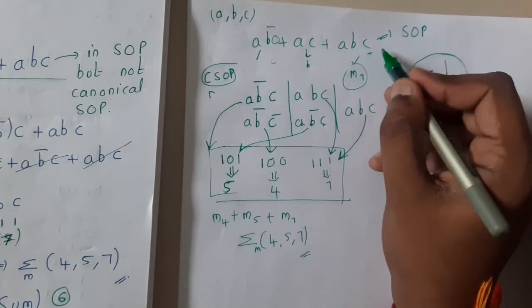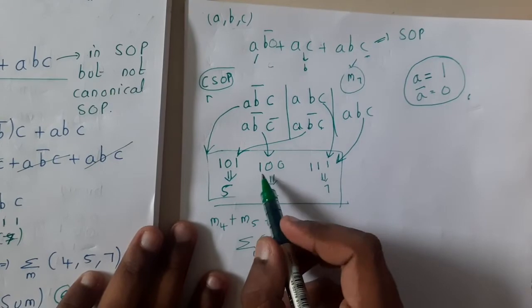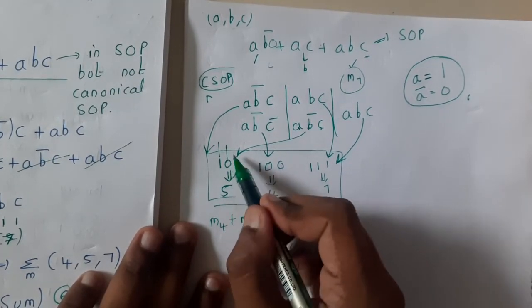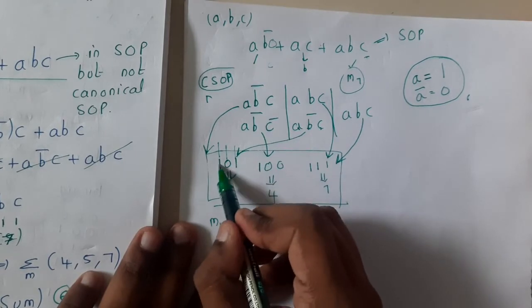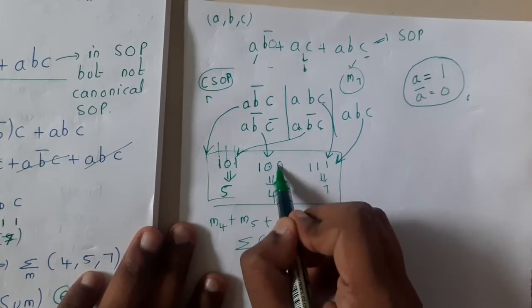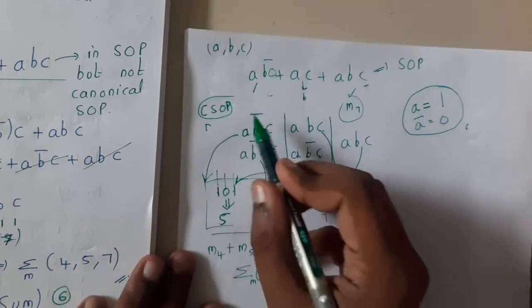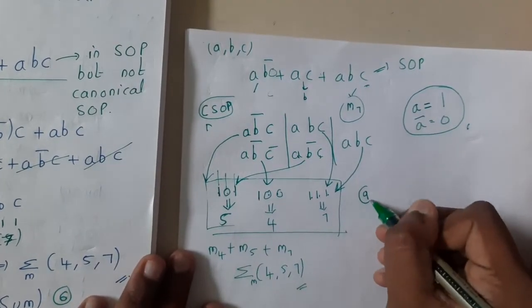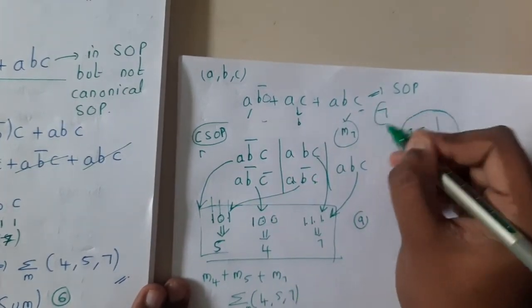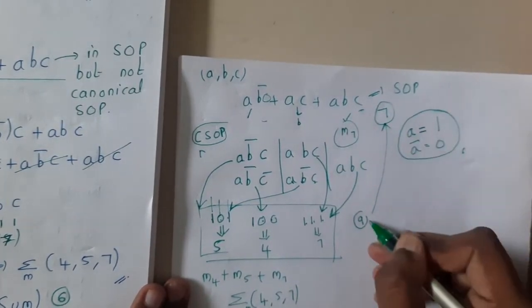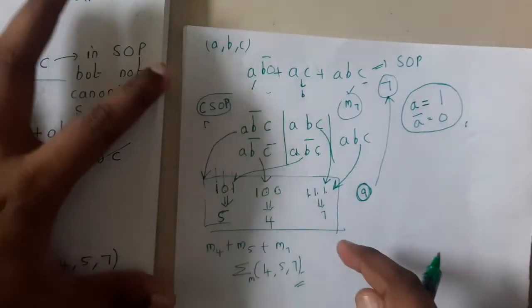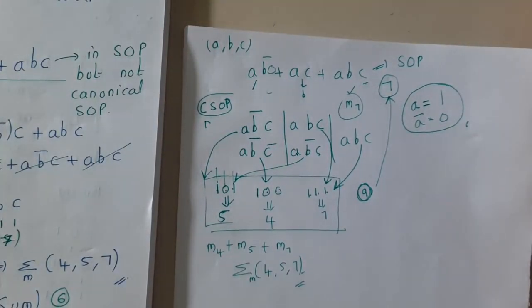They gave a minimized expression. If you observe carefully, how many literals are there here, guys? 1 2 3, that is A B bar C, A B bar C bar, similarly A B C, right? So there are a total of 9 literals here. But here how many are there? 1 2 3 4 5 6 7. So this is the minimized expression. If you minimize this expression, you will get that expression. Yes guys, we'll be discussing these minimizations in our future lectures, so don't worry.